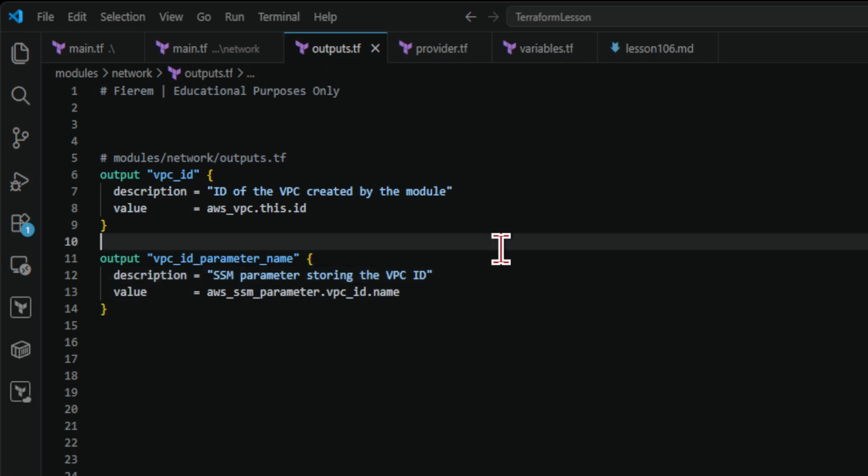The root module cannot directly consume a child resource unless the child publishes it as an output. That mechanism forces dependency flow through explicit outputs instead of accidental reach-through. The outcome is cleaner coupling because consumers bind to the child module's interface, not to its internal implementation. If the child changes resource names internally, callers can stay stable as long as the output stays stable.